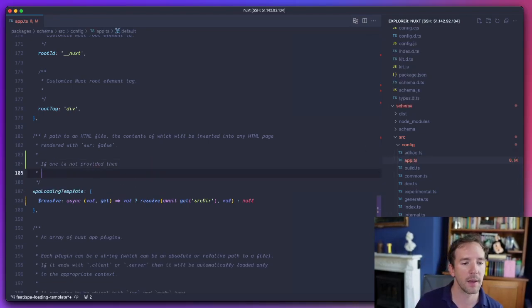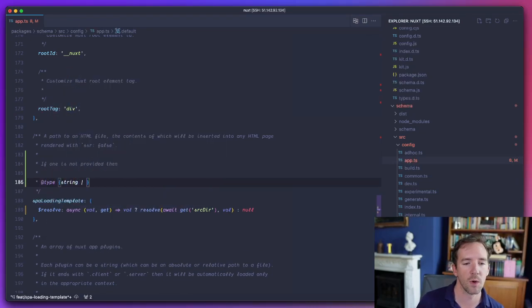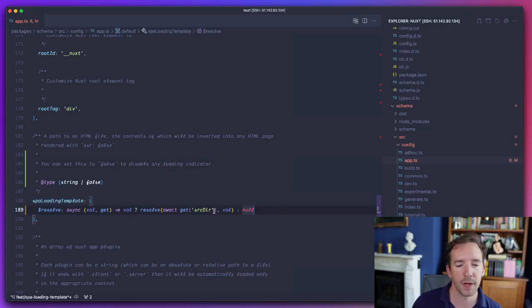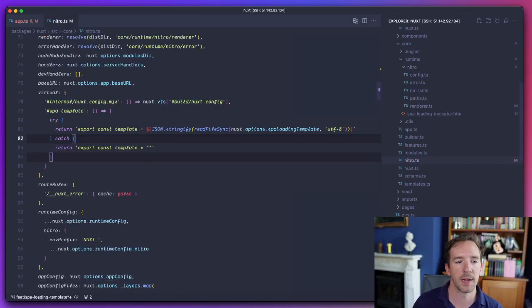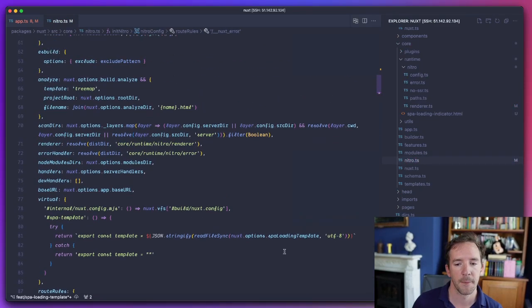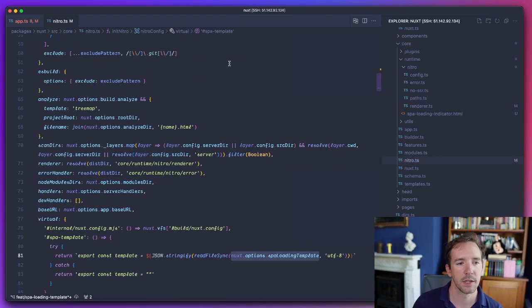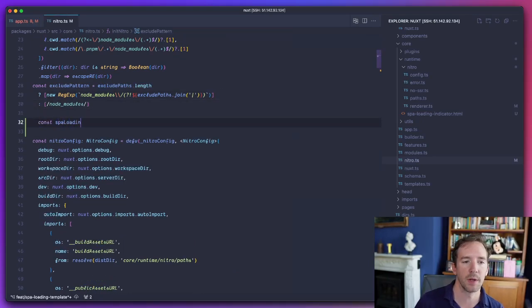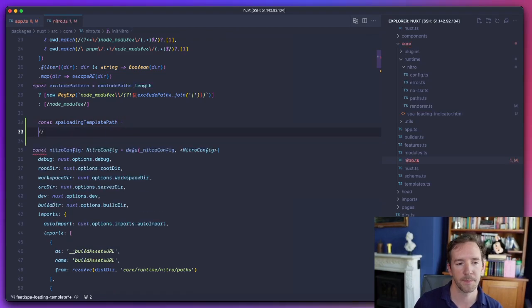But maybe we could say type string or false. So if someone sets it to false, you can set this to false to disable any loading indicator. So if you provide it, it will be resolved to a string. Otherwise, it will be null. And then actually within Nitro here, like within Nuxt, if this doesn't exist, we can set it to a better path. So const SPA loading template path is